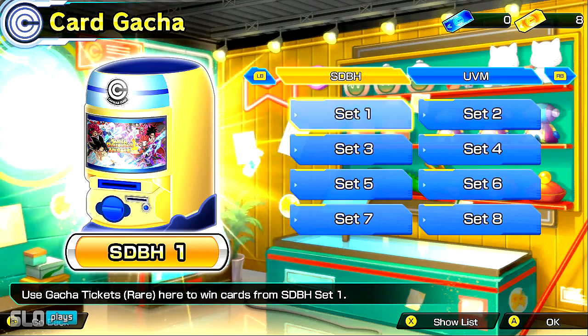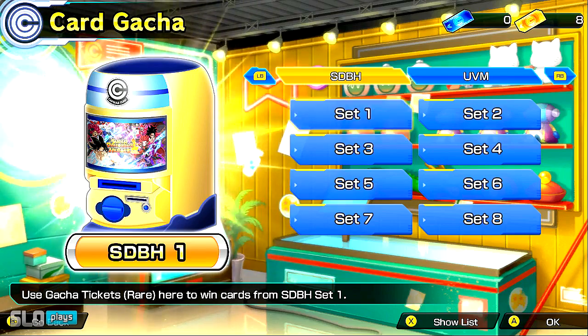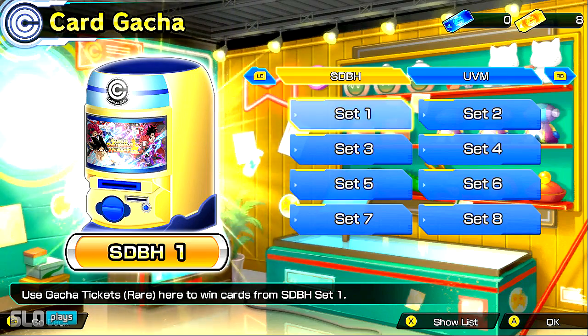Today, my friends, we have a tutorial and knowledge-based video on the card gachas. What banners or what sets am I summoning for? What cards are the best? What do I need to go for? Okay, those are the main questions I've been getting asked,